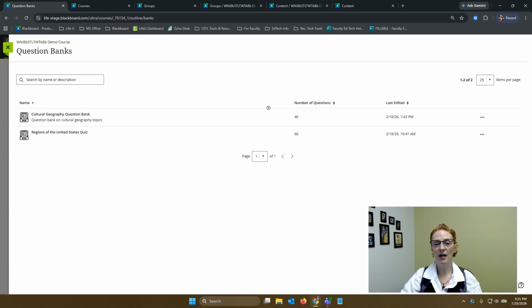Next, I'm happy to report on a feature multiple people have asked for, and that is exporting question banks. Now, this is not how you want to move question banks from one course to another. This is more for backup purposes or giving them over to another instructor who might need them, but it's really